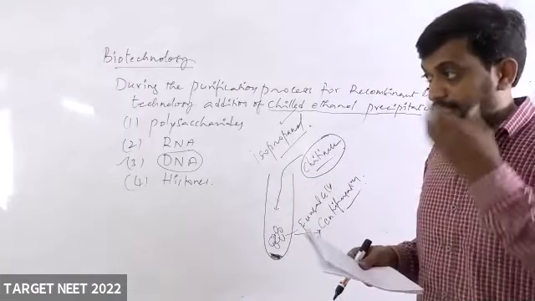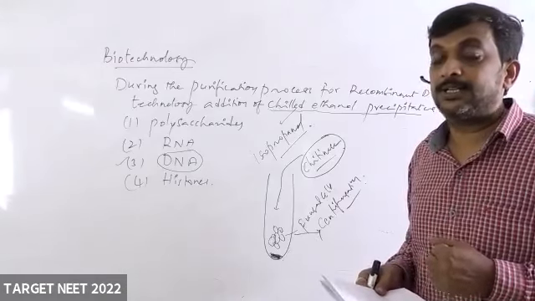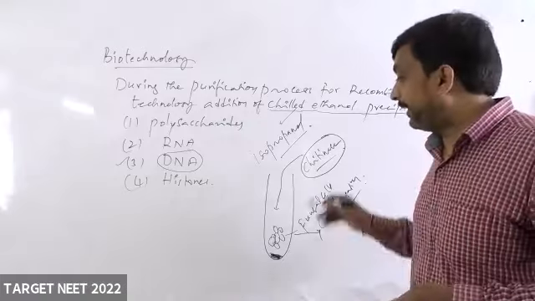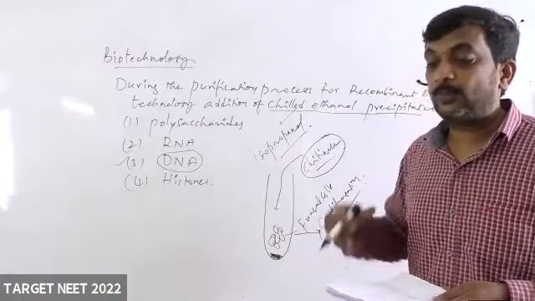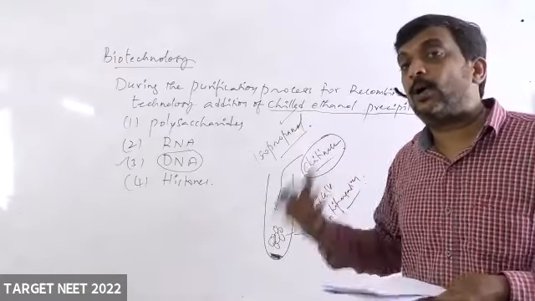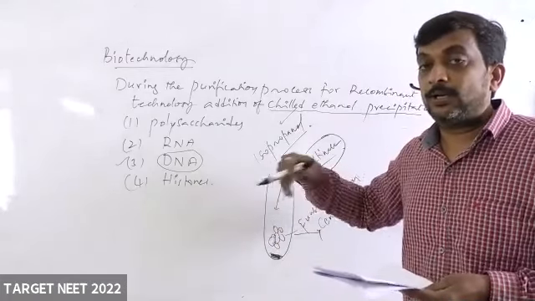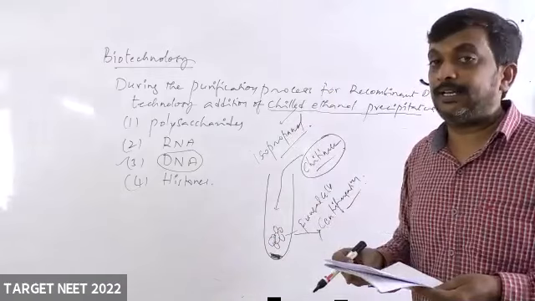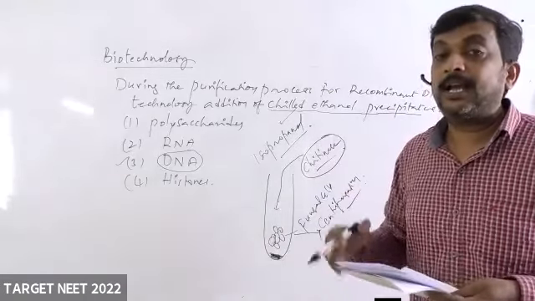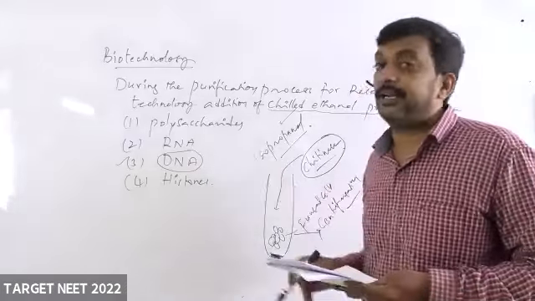Then we have to add other enzymes, like RNases and proteases. By adding these enzymes, we remove the associated proteins and RNA molecules from the DNA molecule. And to have the pure form of DNA, the treatment with proteases and RNases has to be repeated many times.